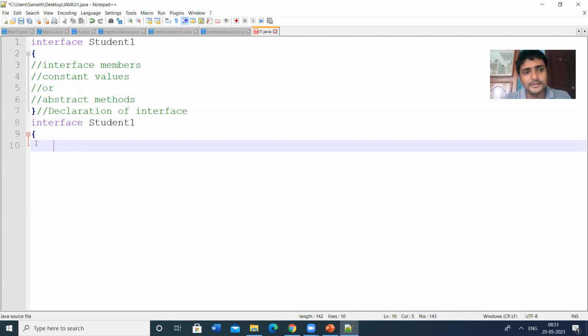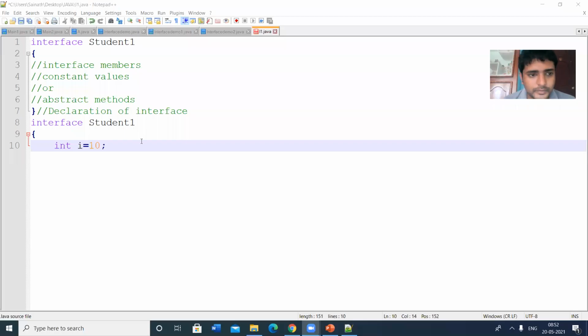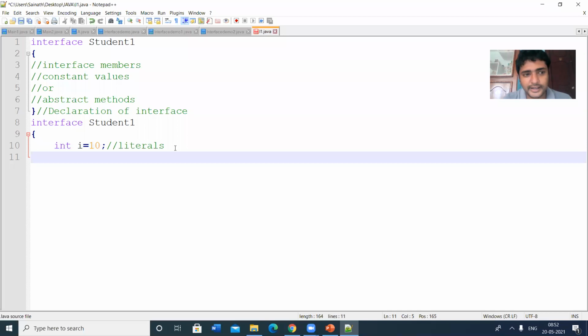Suppose a constant value means int i is equal to 10. So i is equal to 10 is a constant value. It is a literal, an integer literal. Or we can declare a pi value. Suppose double pi, the pi value is equal to 3.14.